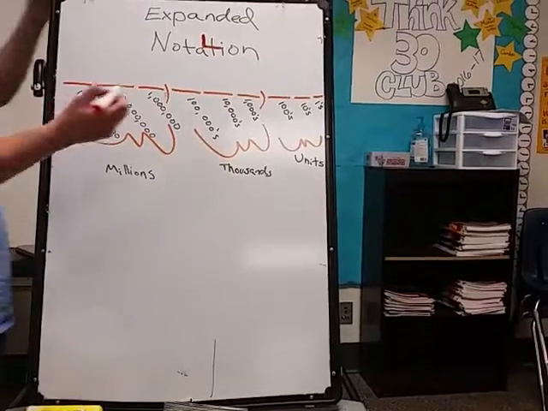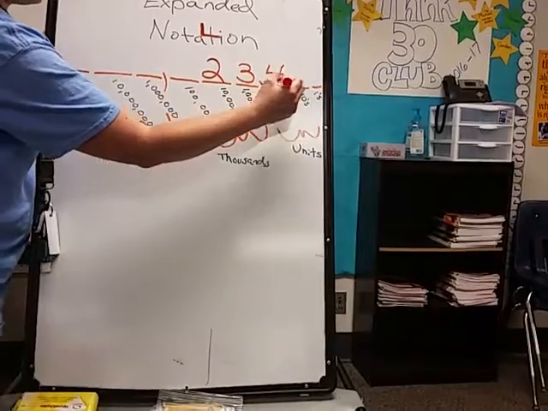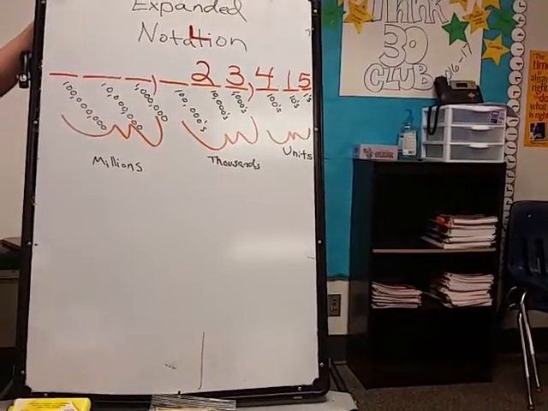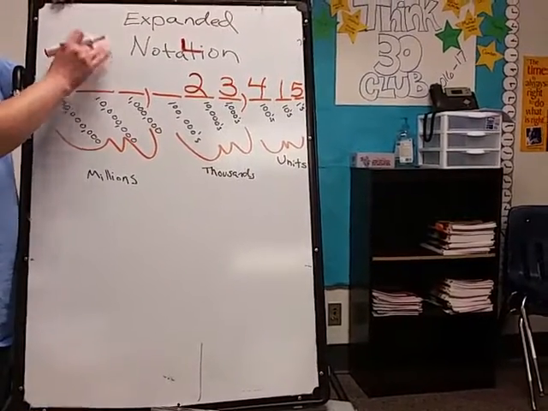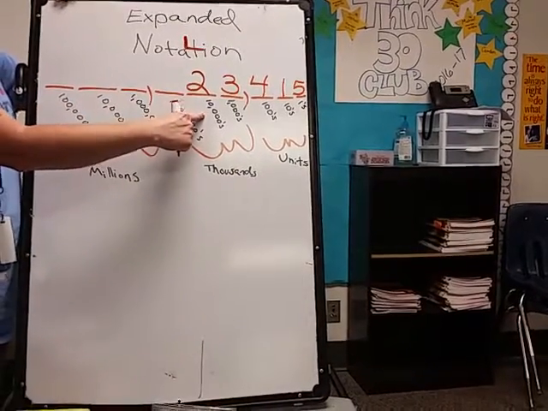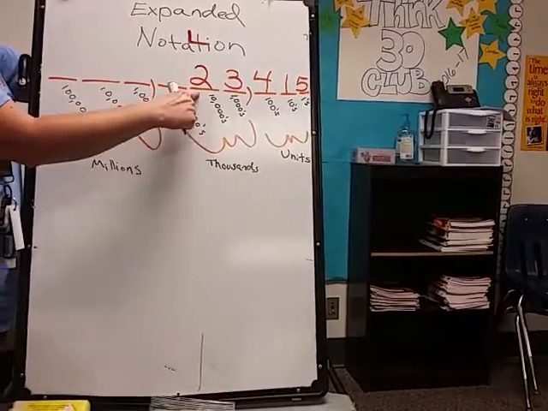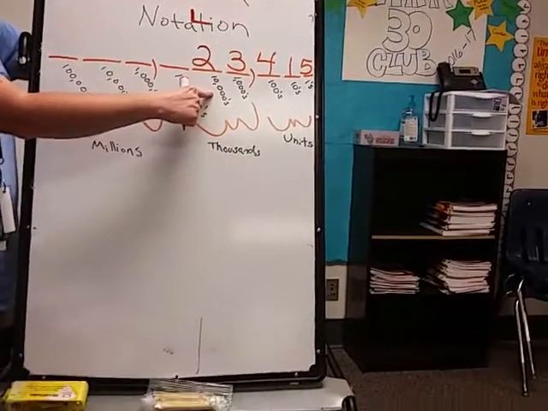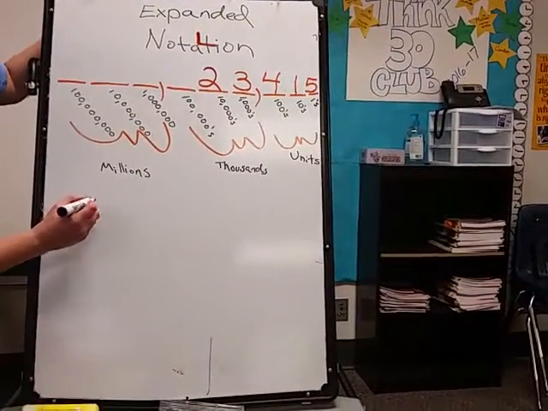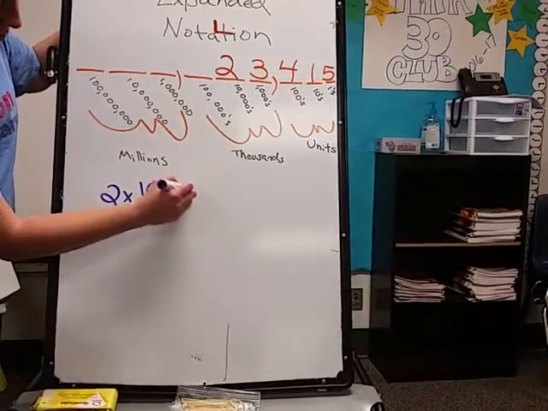Let's say I have the number 23,415. If I want to write that in expanded notation, here's what I would do. I would take the number and multiply it times the place that it's in. So 2 is in my 10,000s place, and I would write 2 times 10,000